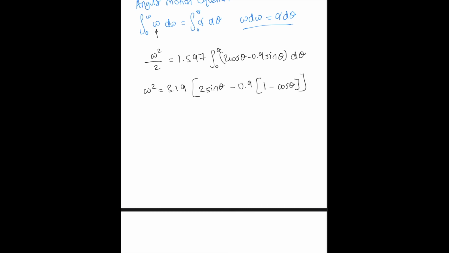Now that we've got omega squared, we can then differentiate d omega squared with d theta. If we divide omega squared by d theta, this over here